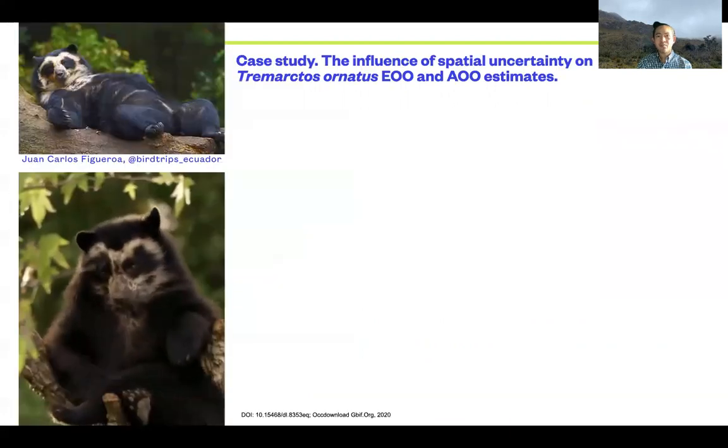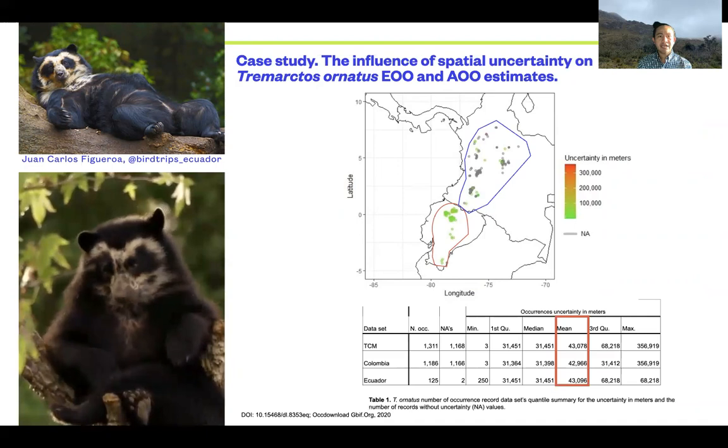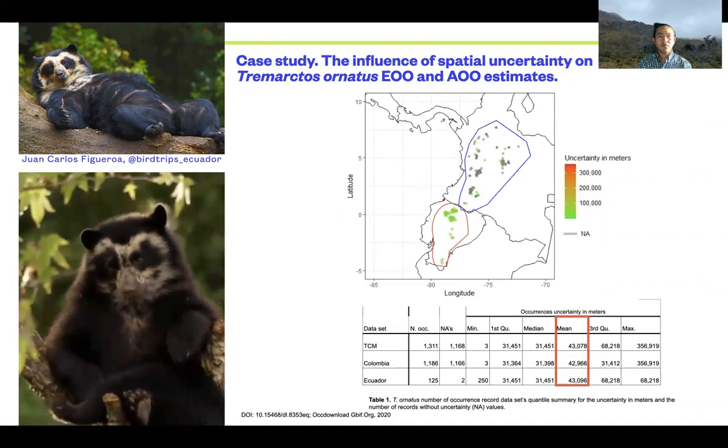The case study investigates whether a species' occurrence location uncertainty and the sample size affect the ecological indicator metrics in 3 non-exclusive datasets: Ecuador, Colombia, and the Tumbes-Chocó-Magdalena, or TCM. The 3 datasets have different levels of uncertainty and proportions of absent uncertainty attributes. However, they have similar mean uncertainty, representing approximately 1/4 of a degree. We explore 4 related questions by comparing the effects of occurrence georeference uncertainty to the traditionally observed spatial metrics